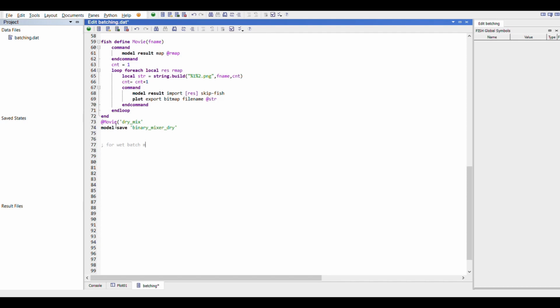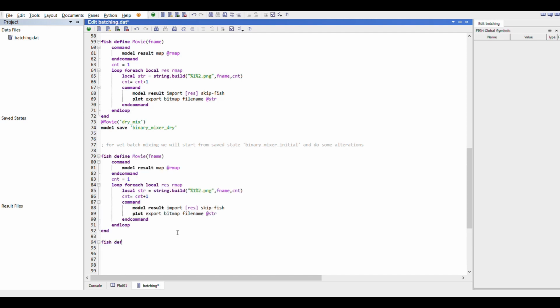For the wet mixing, we want to add water into the simulation. So what we can do is add fluid forces, and there are different ways to add fluid forces. A simpler process is that if we understand the physics behind the fluid forces, we can simplify them into a function where the forces will be applied to each and every particle, just as the particle will experience the forces in the fluid. So we will define a function